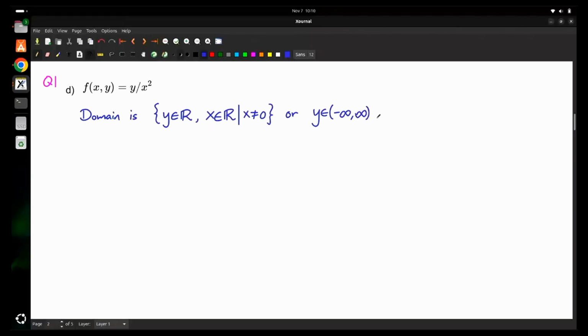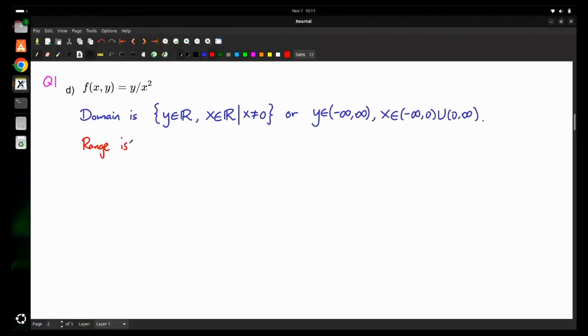Then your x cannot be 0, so x is an element in minus infinity to 0, union 0 to infinity. Actually, it doesn't matter as long as you cover the proper range. When I say range, I mean the interval for each variable such that f can be calculated, then it's totally fine. So that will be for the domain, and the range will be,